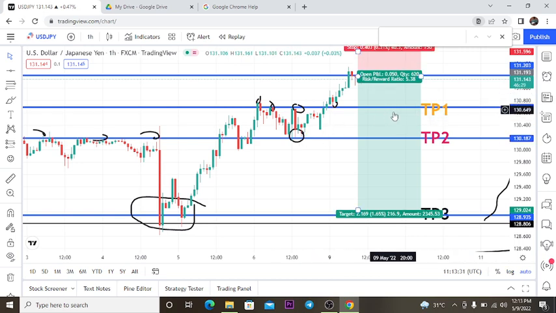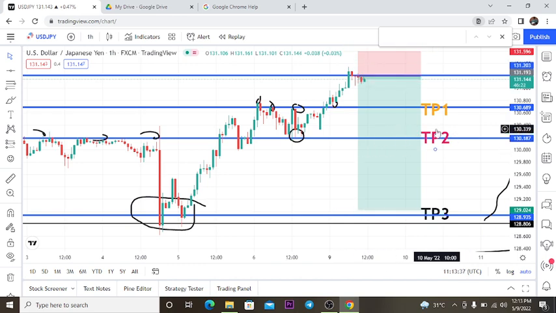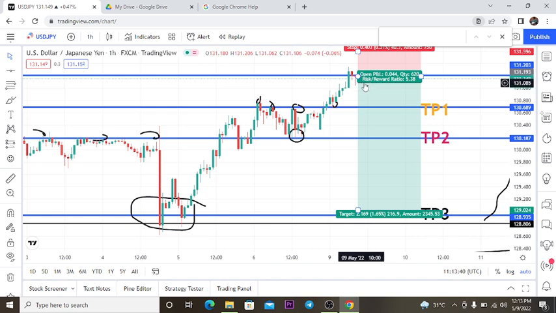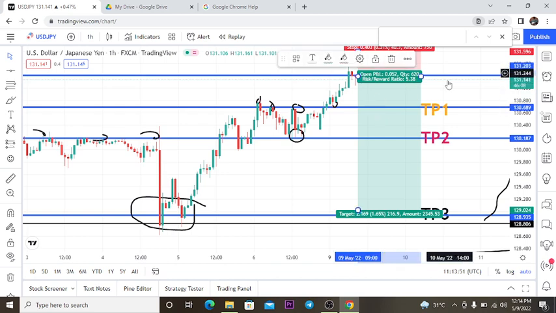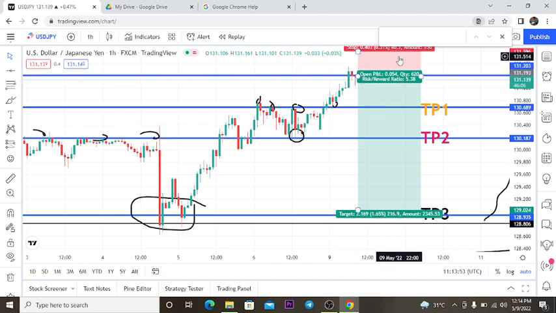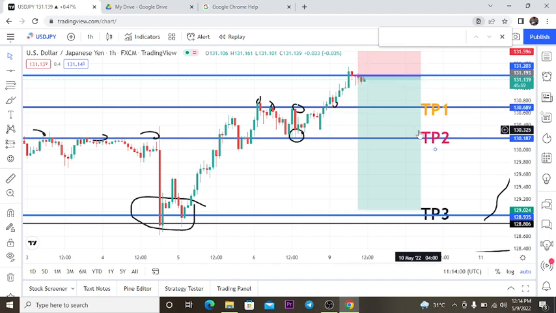Then after hitting our TP1, if it breaks and pushes to TP2 and breaks it, I'll comfortably stack in more trades. But currently I'm not doing anything else except waiting for the price to trigger my TP1, especially my TP2. That's where I'll be comfortable enough to stack in more trades. That's why we also have our stop loss at this level, so that even if the price should reverse and start going up at this point, our broker will close our trade. So this is the analysis, how simple this thing is.